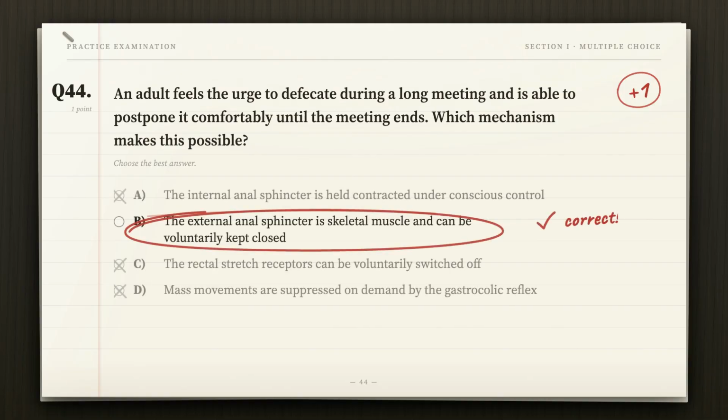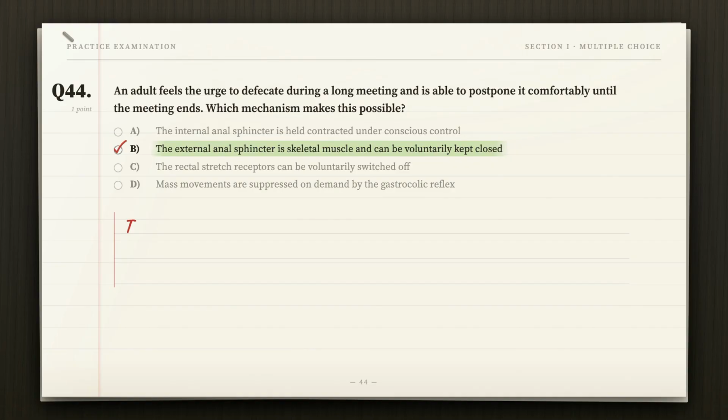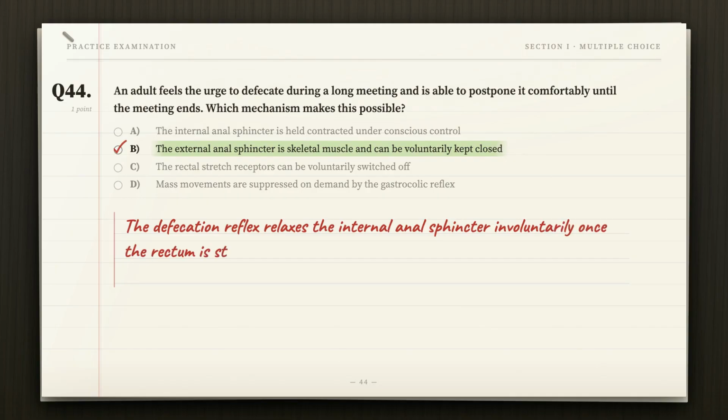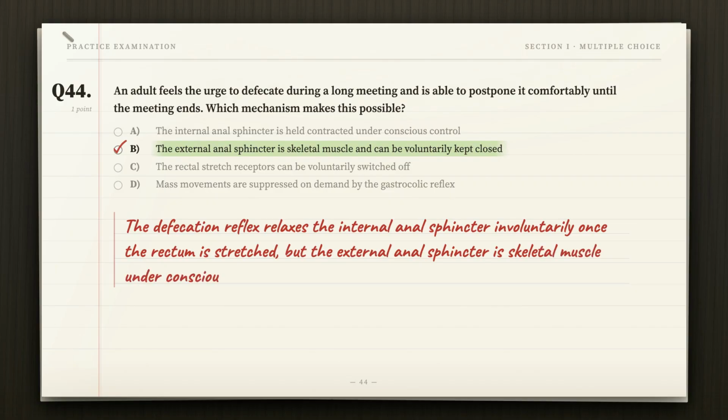The correct answer is B. The external anal sphincter is skeletal muscle and can be voluntarily kept closed. B is correct because the defecation reflex relaxes the internal anal sphincter involuntarily once the rectum is stretched, but the external anal sphincter is skeletal muscle under conscious somatic control. Keeping it contracted defers defecation, and the reflex then subsides until the next mass movement pushes more feces into the